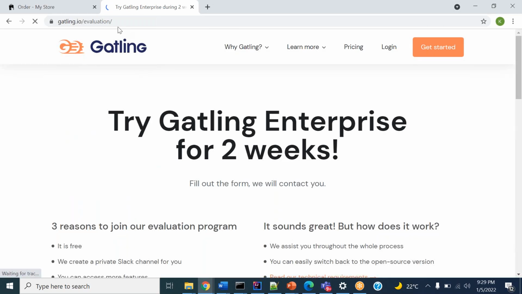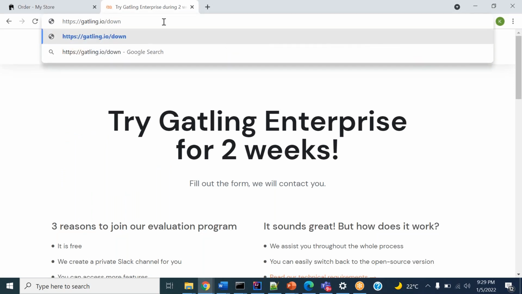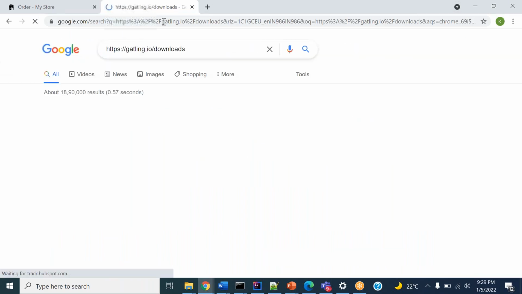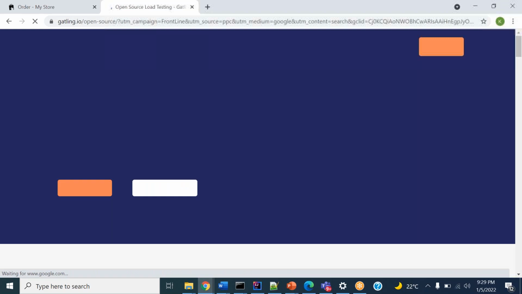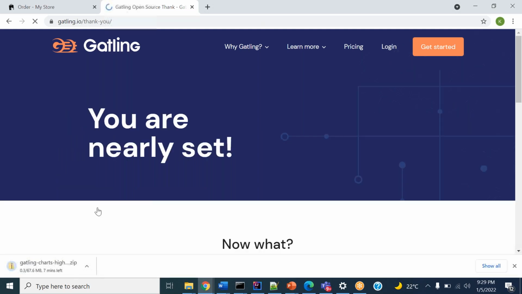Go to gatling.io, it should be under downloads. Go to the official Gatling website and download Gatling. Go to download now.